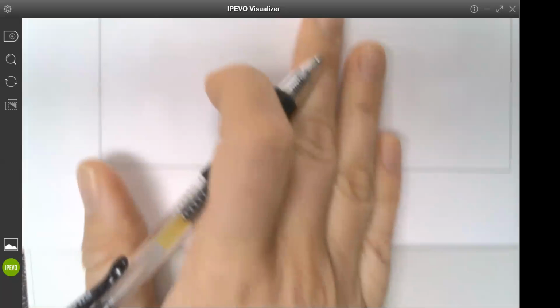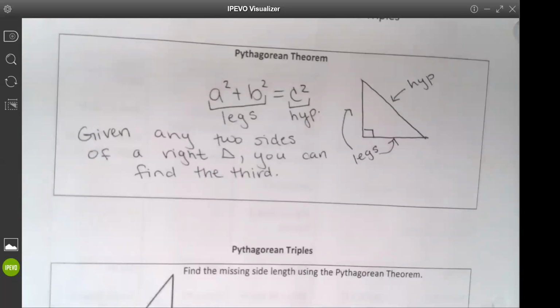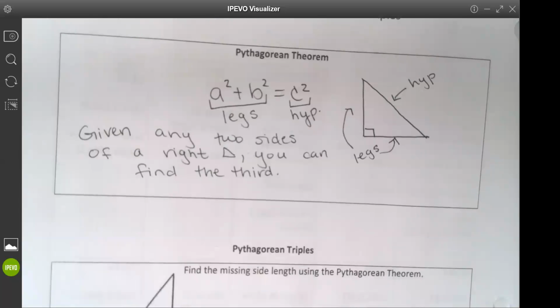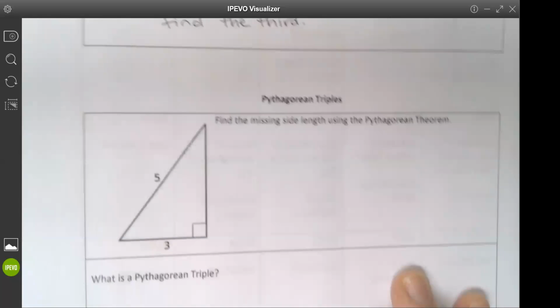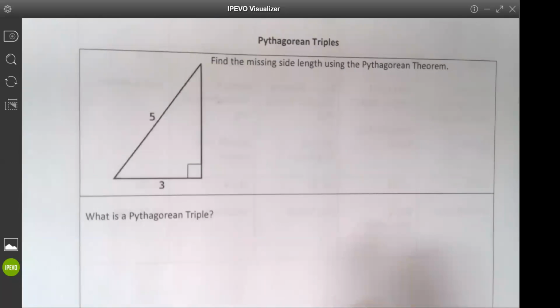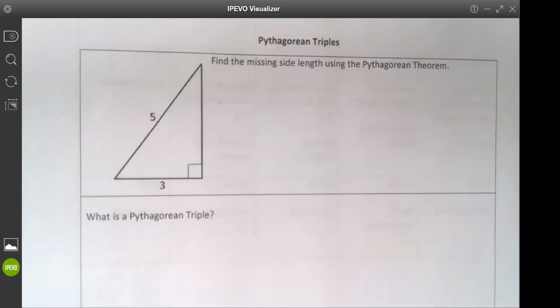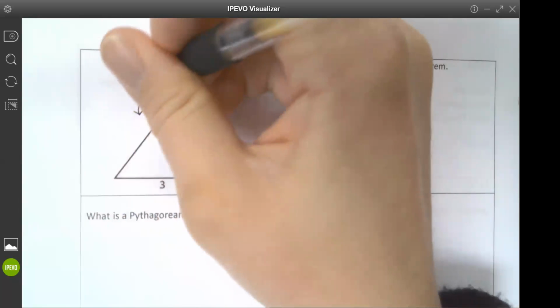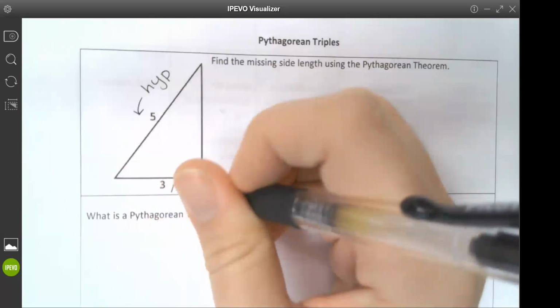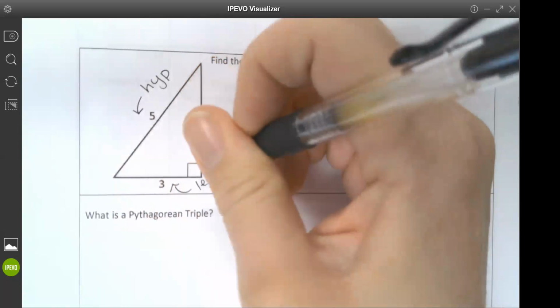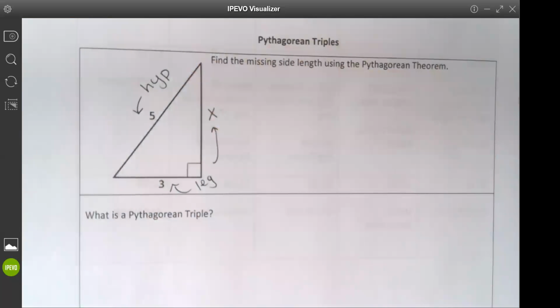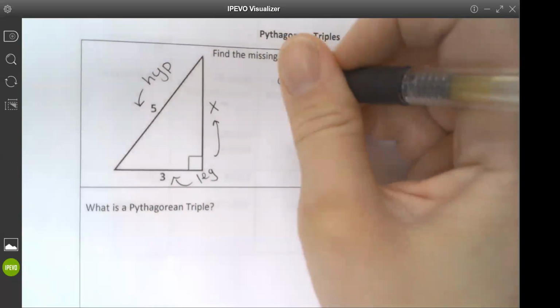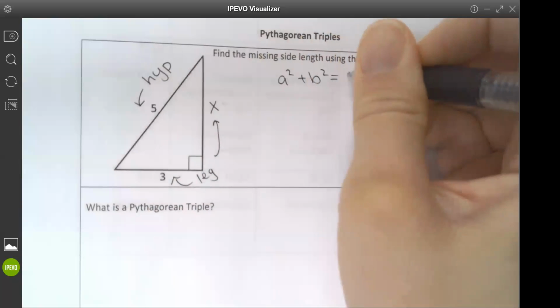So now we looked at the Pythagorean theorem. Okay, we wrote down, here's our Pythagorean theorem. Now let's look at this triangle that it gave us down below. So what do I have there? Do I have both legs, a hypotenuse and a leg? I have a hypotenuse and a leg. So this guy right here is my hypotenuse, right? And here's a leg. We'll call this X. Here's my other leg. Okay, so in terms of substituting that into a squared plus b squared equals c squared,